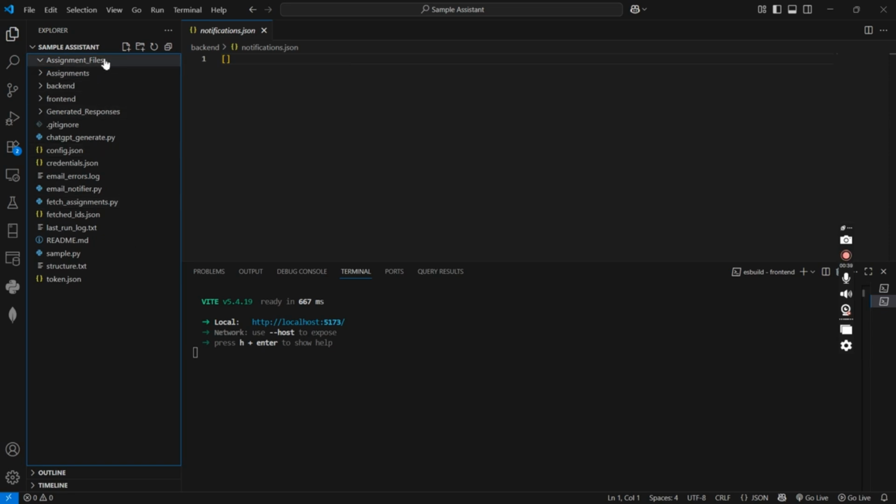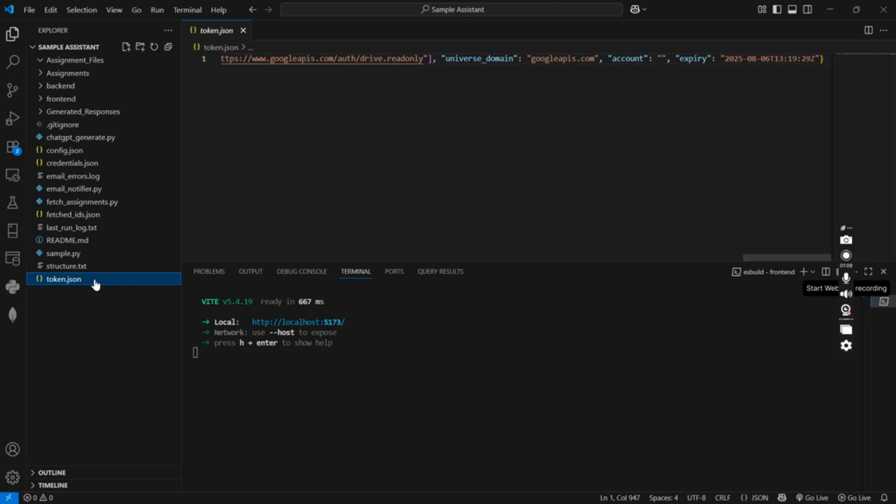So why do we create these folders? Assignment files contains our assignment files, documents, PDFs, whichever our teacher uploads. Assignments creates a .json, and in the .json multiple related info of our assignments are saved, and the generated responses save our ChatGPT generated response. So once we have to check whether it works or not, delete this